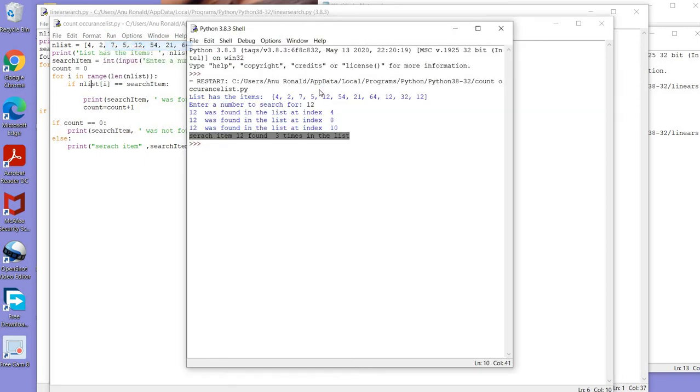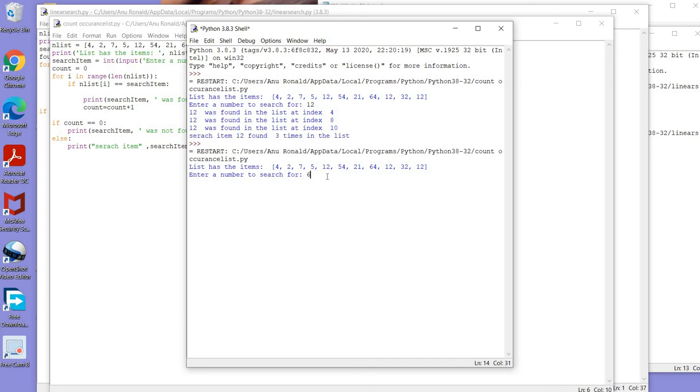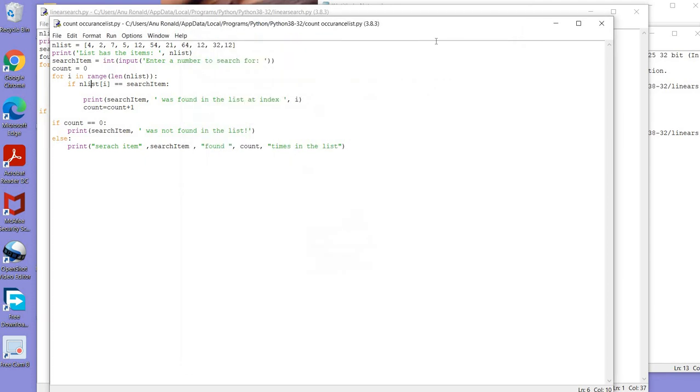If I try an element not in the list, I'm just typing 65. So 65 was not found in the list. So this is a simple program to find the number of occurrences as well as the positions of the number found in the list. I hope you understood the program. Thank you everyone.